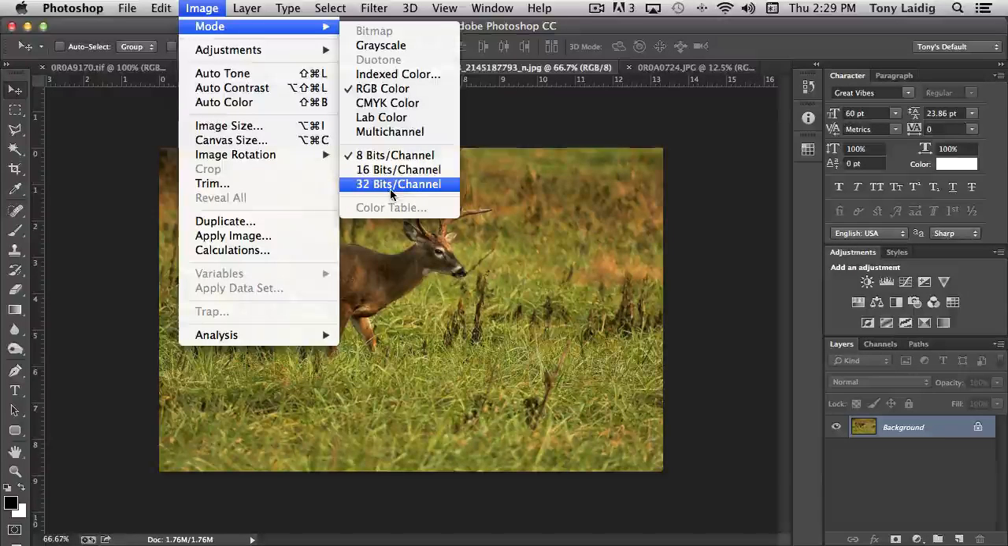And there aren't many occasions where you're going to want to or need to pay attention to the bits per channel. So we're really not going to look at those or go into any detail with those. Same with lab color and multi-channel. 99% of the time you'll never use those. So the ones we're going to focus on primarily are CMYK, RGB, and grayscale, and then I'll also show you duotone and bitmap. So you'll notice that by default the photograph we have here is in RGB color, and that's